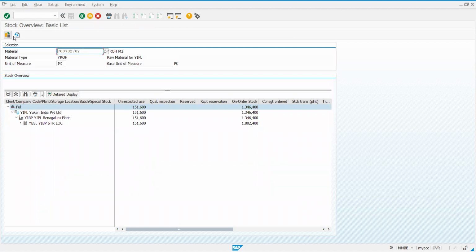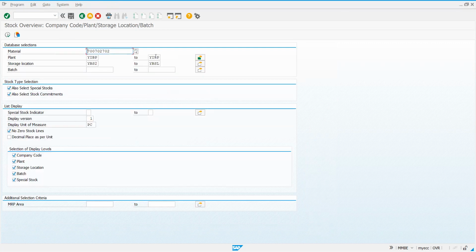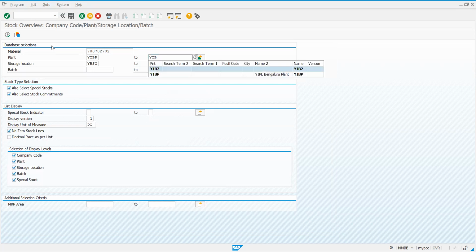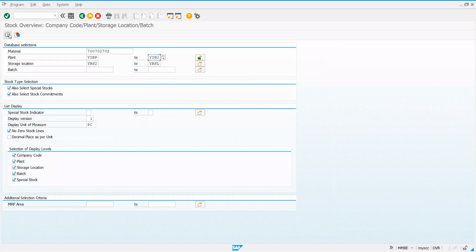Earlier both plants were shown. Now it is showing only one plant. I'll come back. No, sir, you have entered only one plant to both sides. Yeah. I'll come back. I'll just interchange.